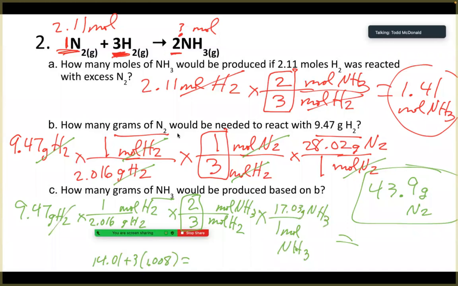My grams of H2 are going to cancel. My moles of H2 cancel out. Moles of NH3 cancel out. Anything on top, multiply across. Anything on bottom, divide. So I'm going to do 9.47 divided by